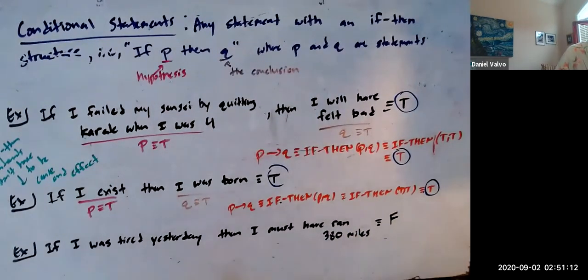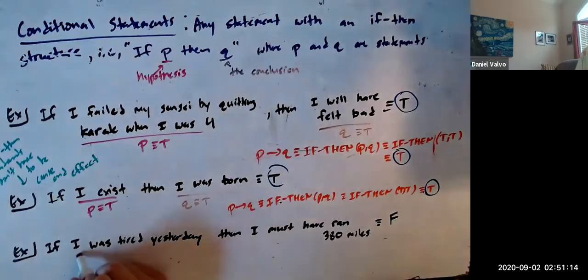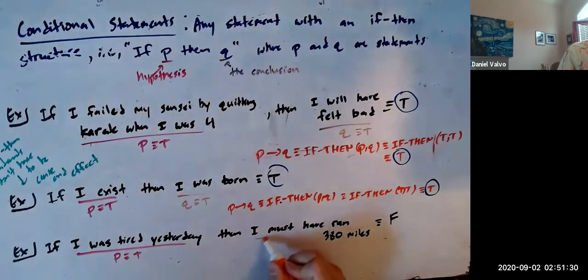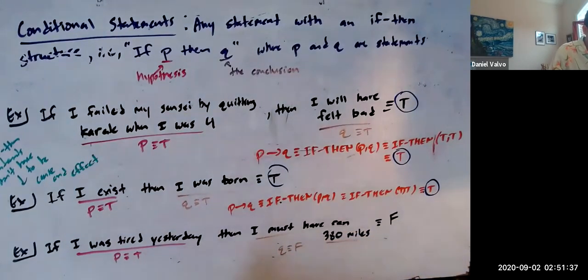And let's look at the P and the Q here. The P here is true. I was tired yesterday, but it's for a different reason. I was tired because yesterday was also pull-up day. I'm trying to do 1 hour pull-up. It's a whole thing. The point is, I was tired yesterday, but this idea that I ran 380 miles is false. So if we look at P implies Q,